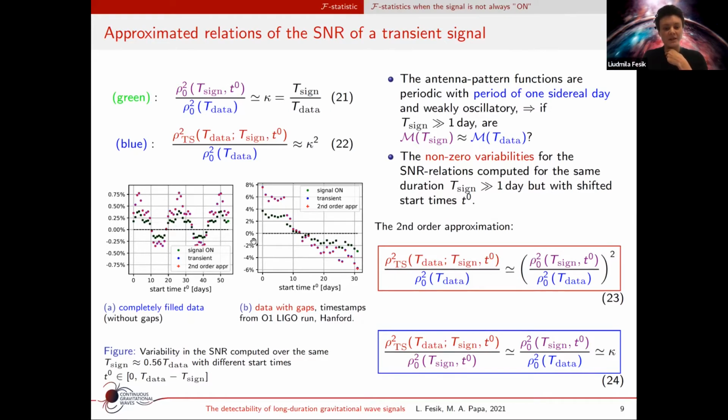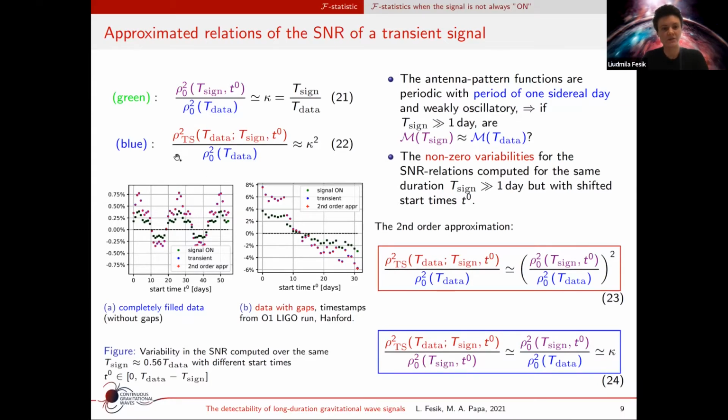However, when we consider data with the gaps, this ratio gives more difference. I note that the form of this function is just a concrete form computed for O1 Ligaran. So for other observation runs, depending on the gaps in the data, this form will be different. So I focus only on the maximum difference that we can get when the data has gaps. So the difference gets up to 8% here. So that's important to consider the precise form when we